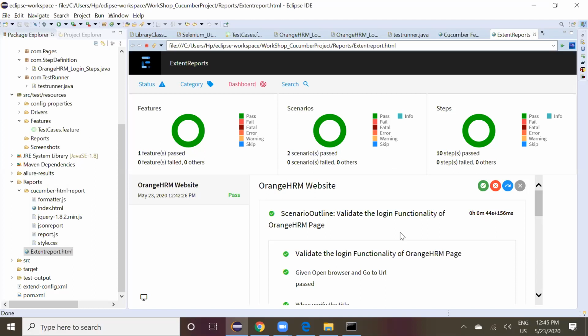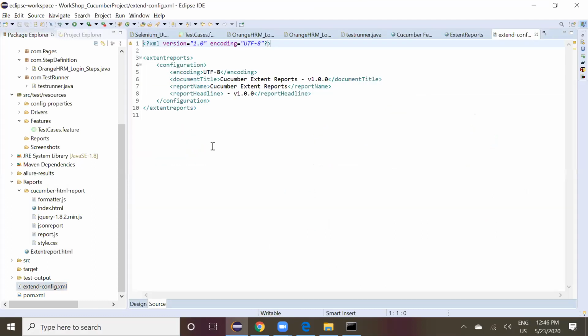Joshi sir, can you tell us about the extend config.xml? Because I'm not sure how we generate that for a project. No, we did it manually. This one, you go and click extend-config.xml. It's for generating the report. We gave the header, the report name, header, the version in that one.